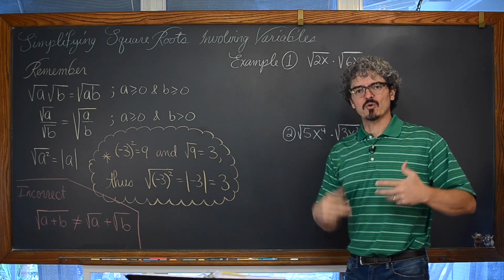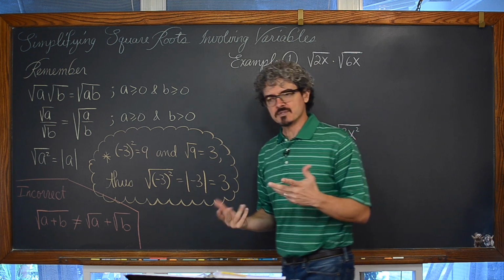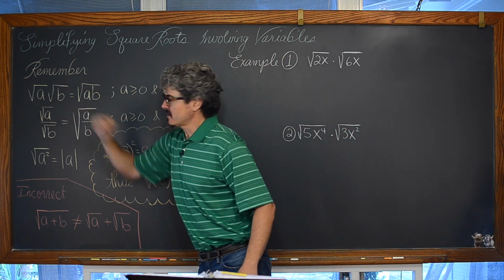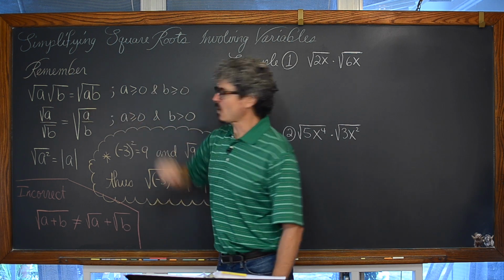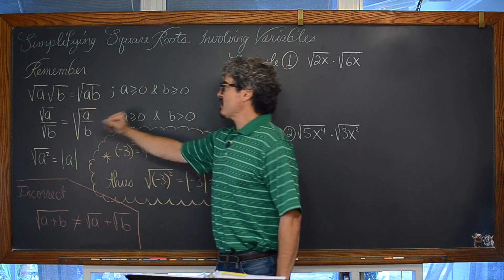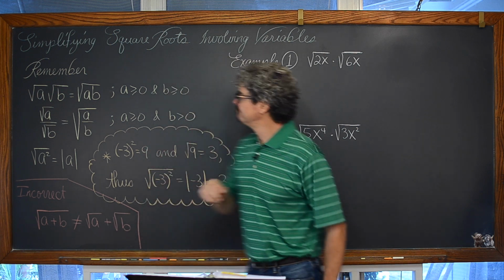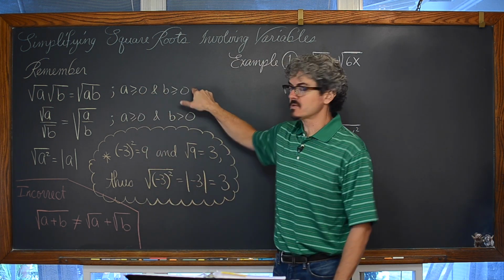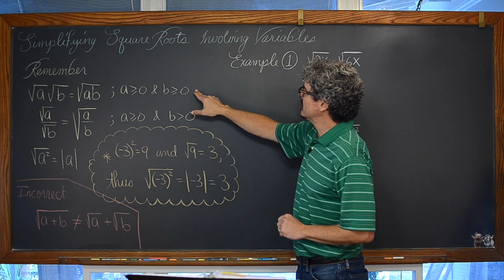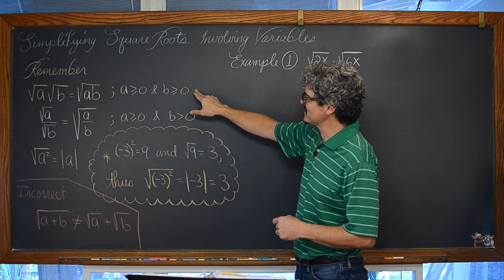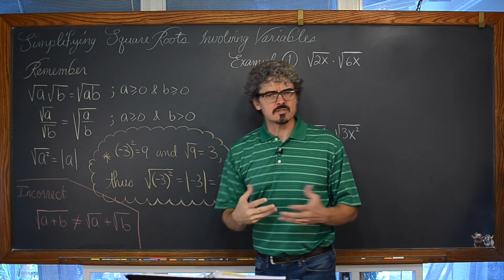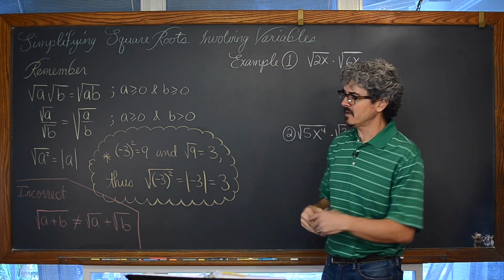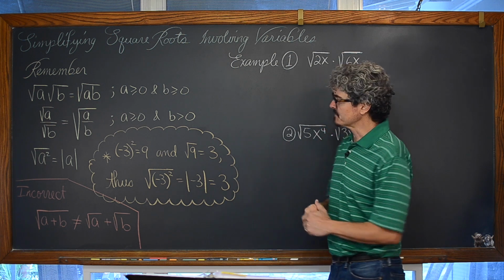We're going to first remember a few of our properties of square roots that actually apply to all radicals. We have the square root of a times the square root of b is equal to the square root of a times b, and this property also works in the reverse order. We're going to be assuming that a is greater than or equal to 0, and also that b is greater than or equal to 0. That's because this video is only involving examples that deal with answers which are real numbers.